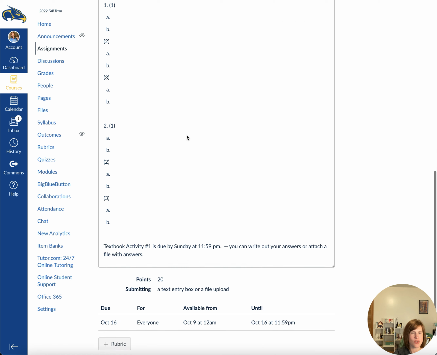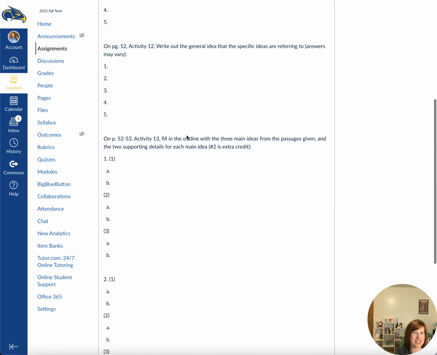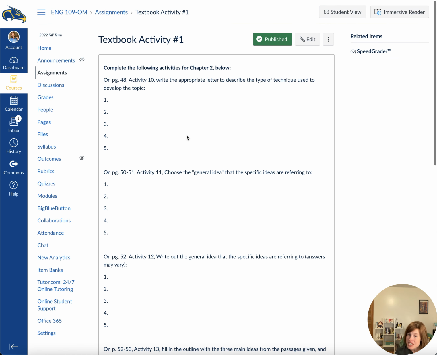However you want to answer this assignment, you can type out your answers on a separate document. That's fine. Just make sure to number them right. Or you can copy and paste this into a document or an answer set and answer it yourself. You can answer it a number of different ways. Whatever you are most comfortable with will work for this assignment.